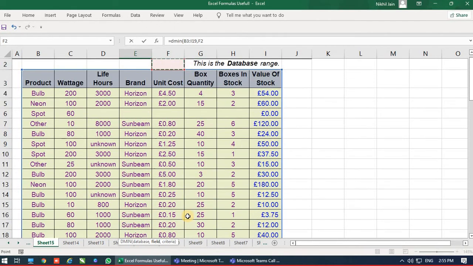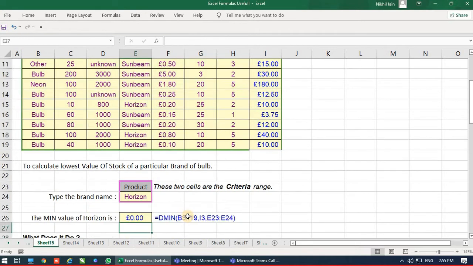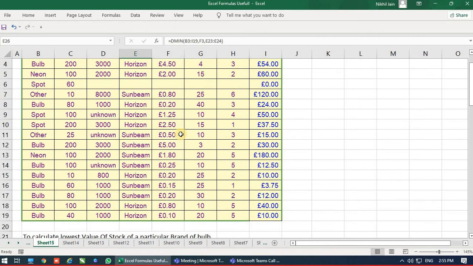This time I want to search the lowest unit cost. So what is the lowest unit cost, comma, product Horizon. What is the lowest value for product Horizon? That is 0. There is a cell with 0, so where is the 0?